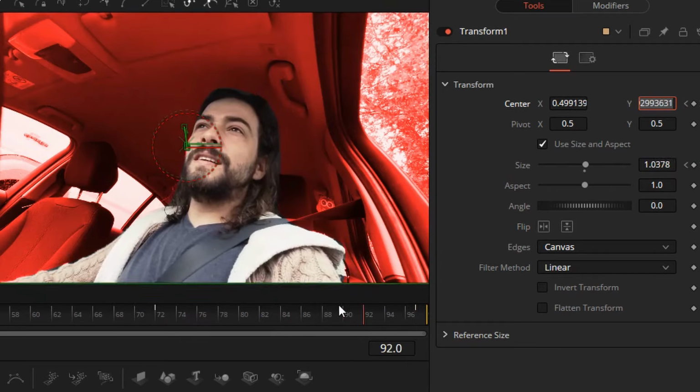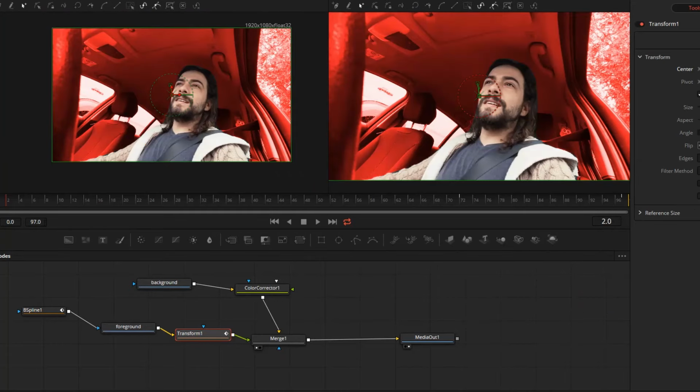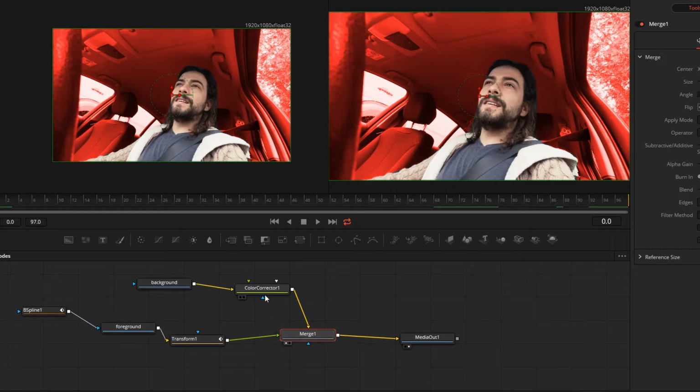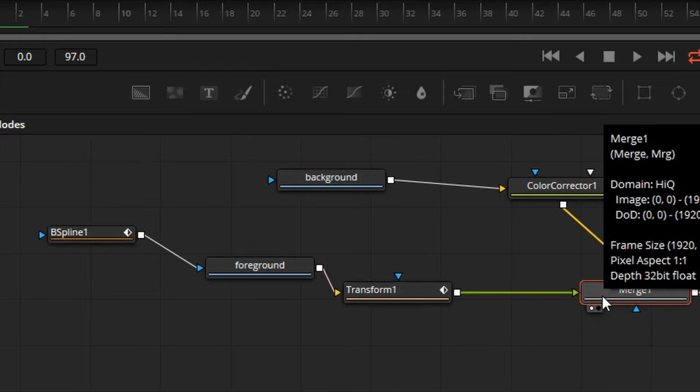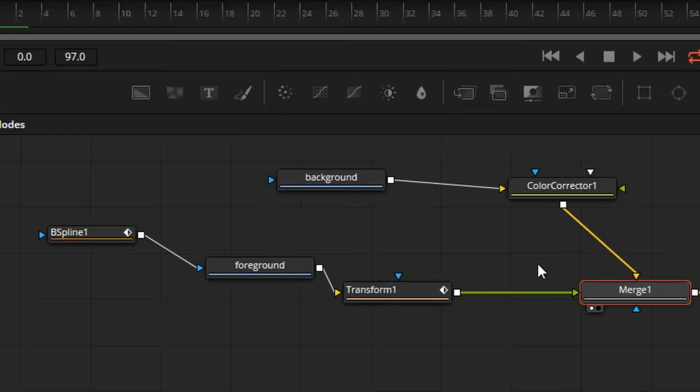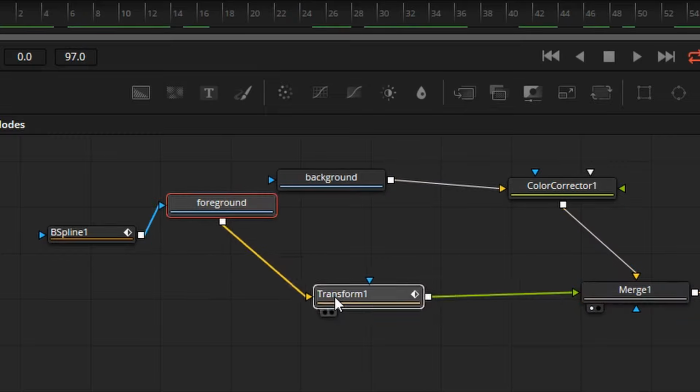Okay, so pretty simple. What we're now doing is adding text, of course, because we want to write something there. And the text should be, in my opinion, behind this mask. So we are choosing the right position where to add the text. We should add the text here, because this is the foreground of this merge node, and we want to have the text between the foreground and the background. Let's just arrange this here,